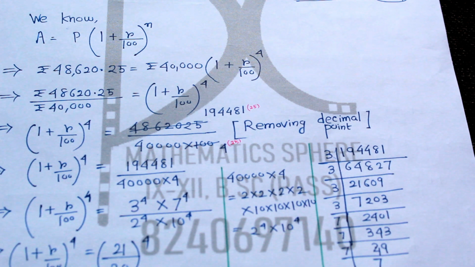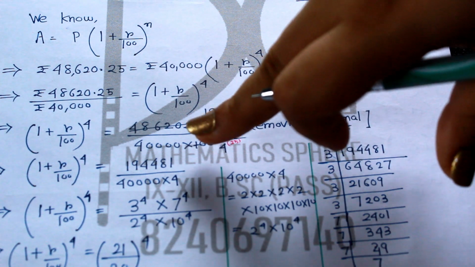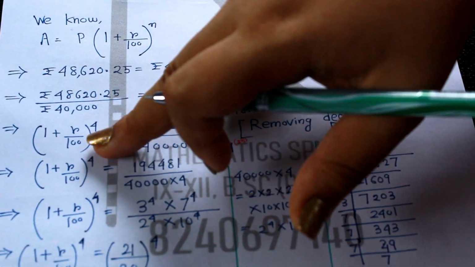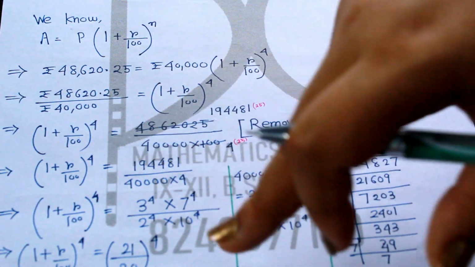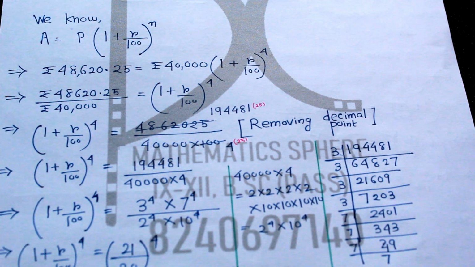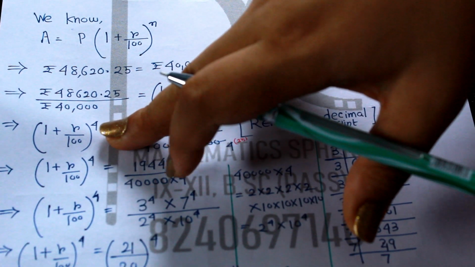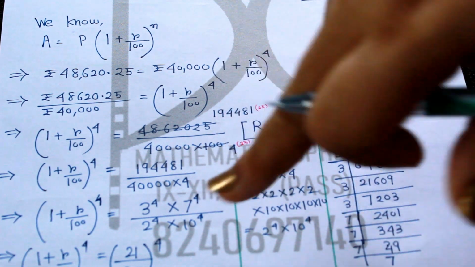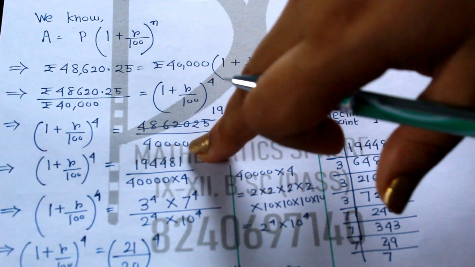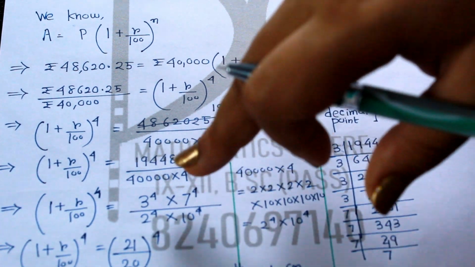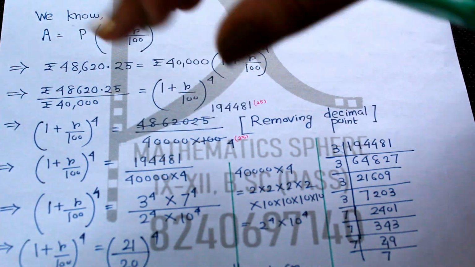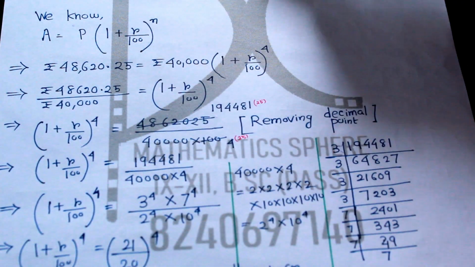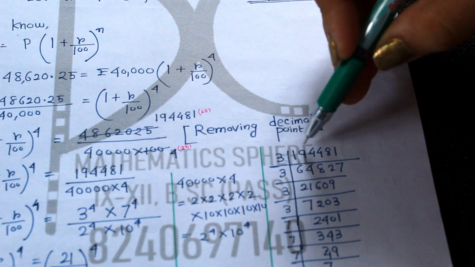In square root, what were we doing? We were just finding whose square is this one, and here also a square was there, so we removed the square from both sides. We did it that way in the last two sums, but here it is the fourth power. Now you will have to find whose fourth power is this one, or whose fourth power is that one. For doing this, nothing else can be done, we will just factorize. So I have started factorizing 194481.